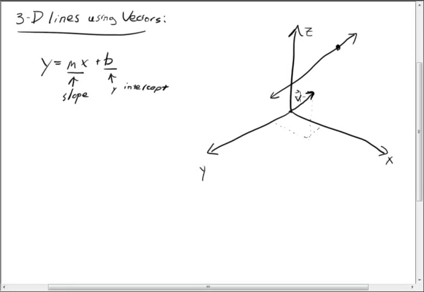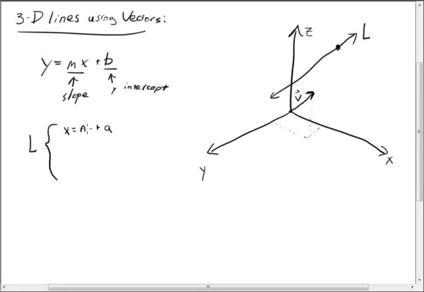And this is how we define lines in 3 dimensions, except we don't define them as y is equal to some function of x and some function of z, or z is equal to some function of x and y. Rather, we define a line to be 3 parametric equations. So we have x is equal to some number, and we'll use a letter, n plus